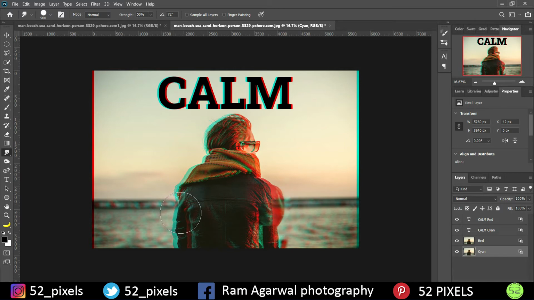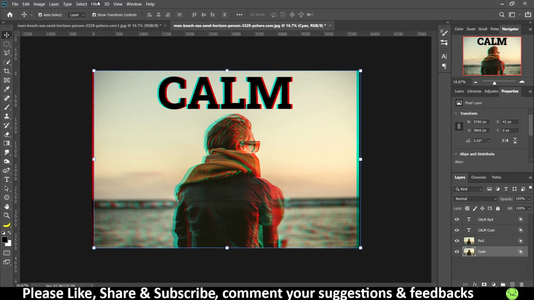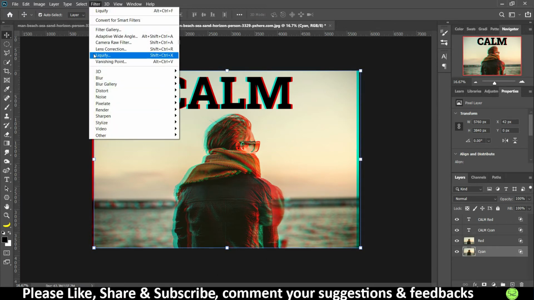Just a little over here. So as you can see, we've created this glitch effect where some parts of the image are irregular and glitchy, they are not perfect, right? So now what we are going to do is one other trick, that is just go to filter,